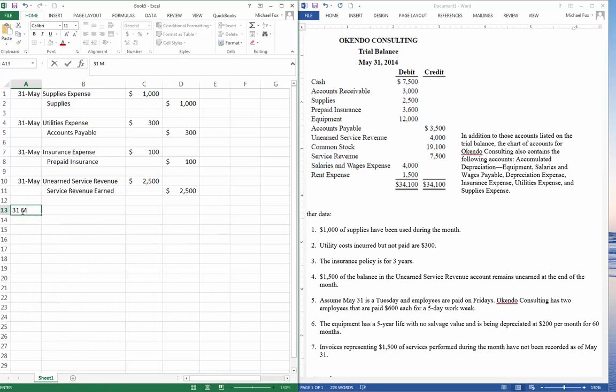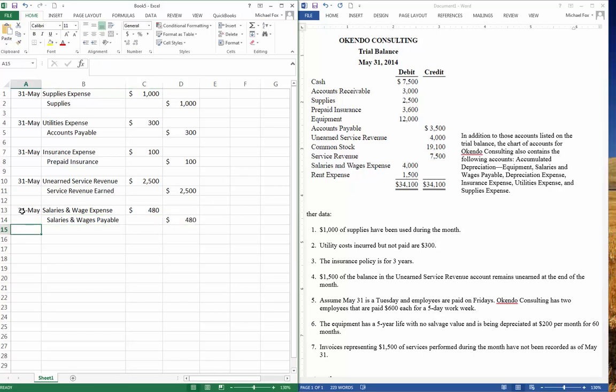So on 31 May, we're going to have salaries and wage expense, $480, because expenses increase on the debit side. And we're going to have salaries and wages payable. That's a liability account. They increase on the credit side. There's our adjusting entry. Number 6, equipment has a 5-year life with no salvage value and is being depreciated at